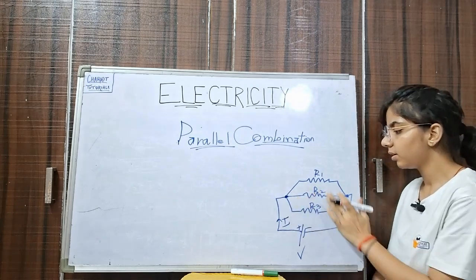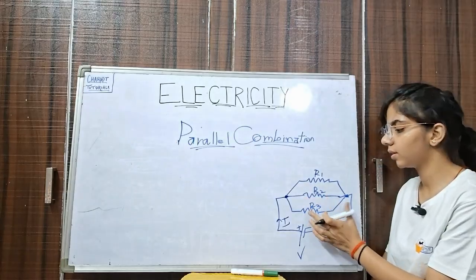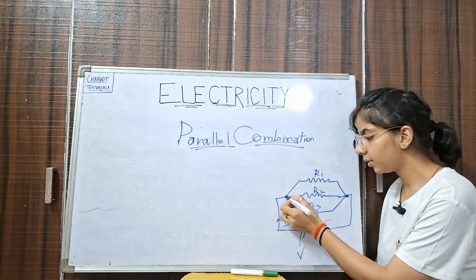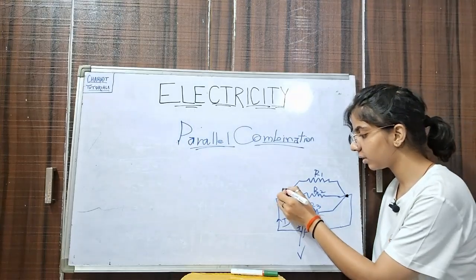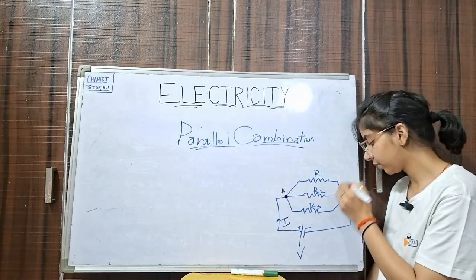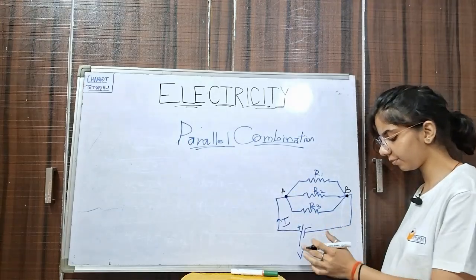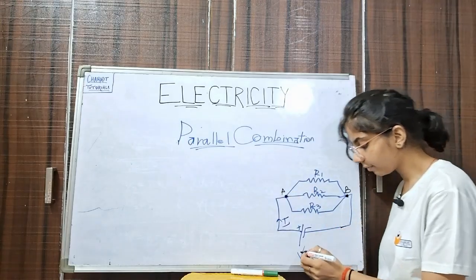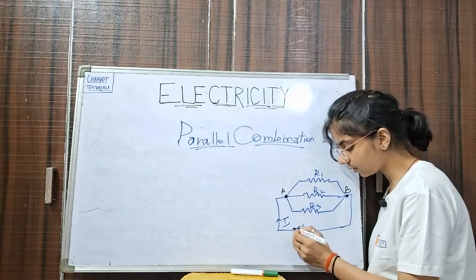Actually, what is happening is that these resistances R1, R2 and R3, you can see all these three are connected between two common points, right? Let's say these points are A and B for a moment. Now, if you see this circuit from the battery, you can see that the potential difference here across this is